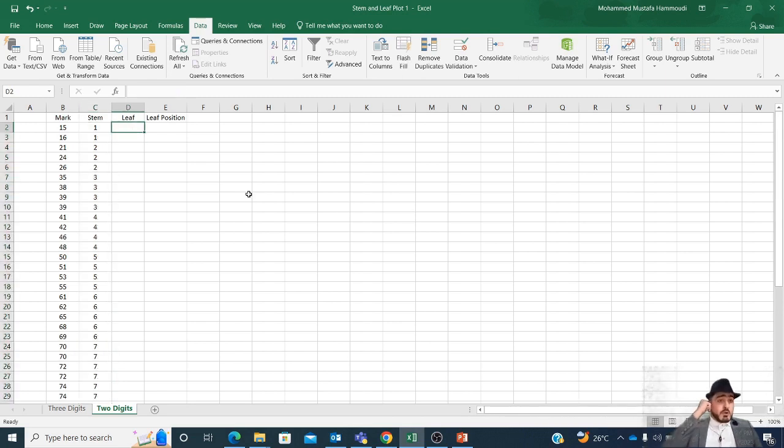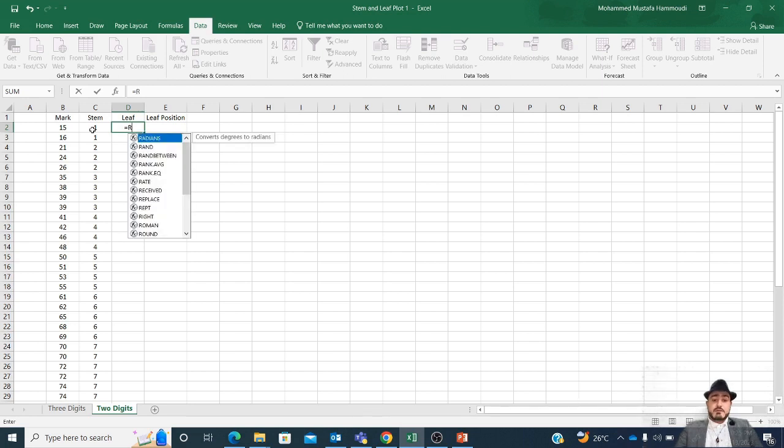Now, we will also use a function in Excel in order to identify the leaves. And the leaf of the first observation here is 5. But how can we produce this using Microsoft Excel? Again, I'm going to hit equal, tell Excel, in other words, to perform a function. What is my function? I'm going to tell Excel to produce the right